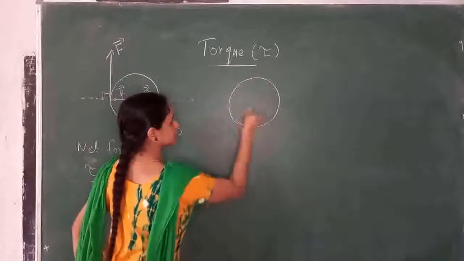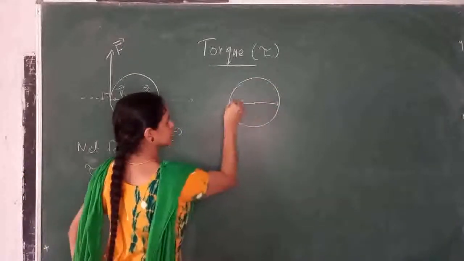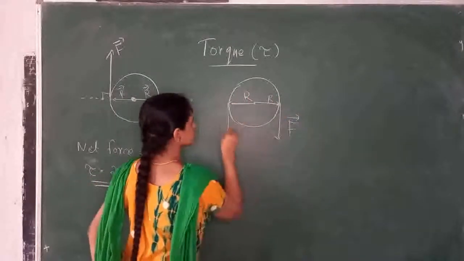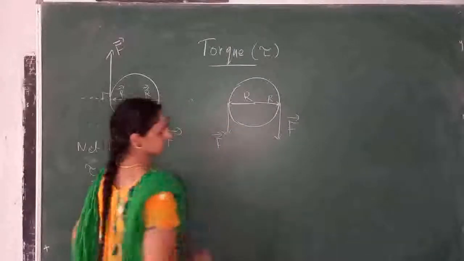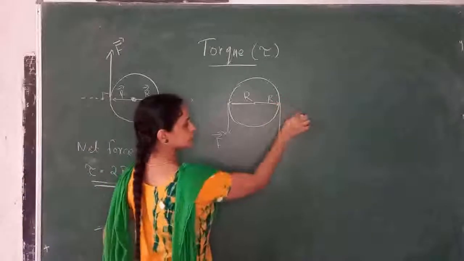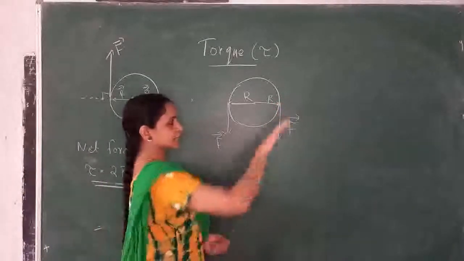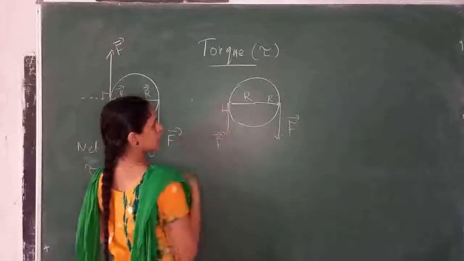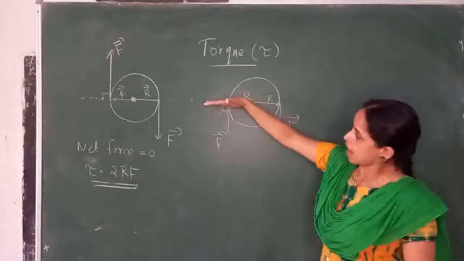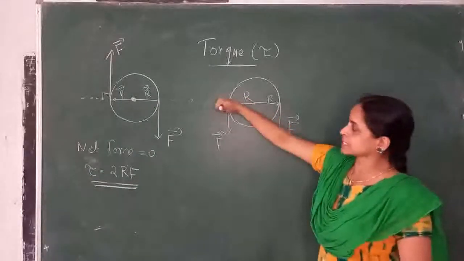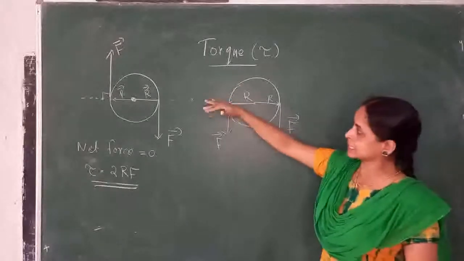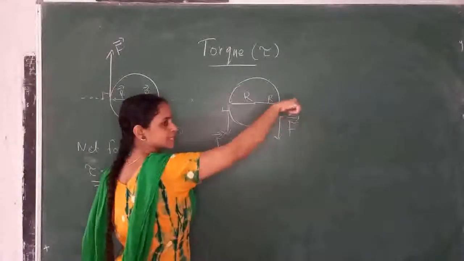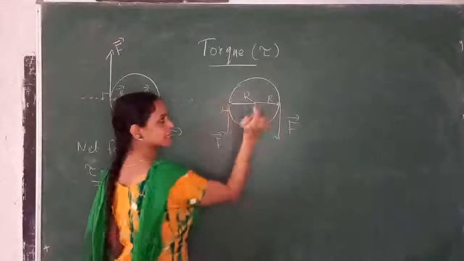Take the second picture. This is R. The force here is F downward. Here also the force is in the downward direction. So here you can see this is RF, and this direction is into the plane. We can extend this R here. So this is the angle between. This is R cross F. That means here the torque is acting out of the plane, and here the torque R cross F is into the plane. So here out of the plane, here into the plane.